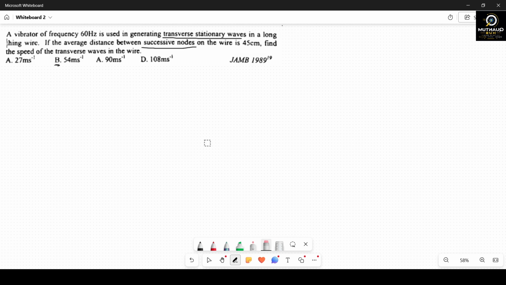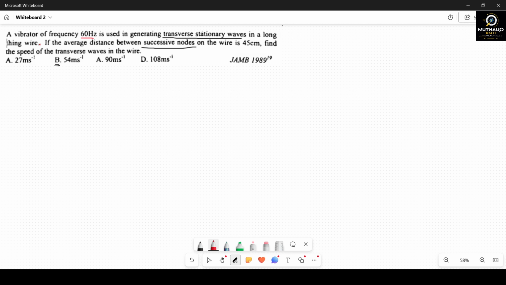We have a question before us where we are going to look at it together. The question is from JAMB 1989 and is actually from Soundwave. It says a vibrator of frequency 60 Hz. So let's take note of that. The frequency of the sound traveling is 60 Hz. It is used in generating transverse stationary waves in a long thin wire. If the average distance between successive nodes on the wire is 45 centimeters, find the speed of the transverse waves